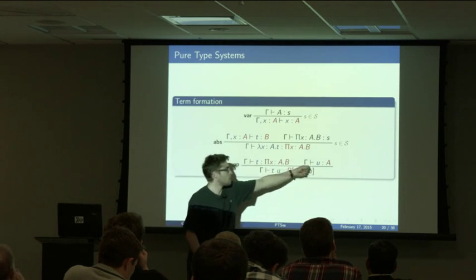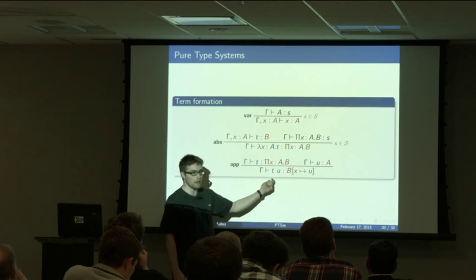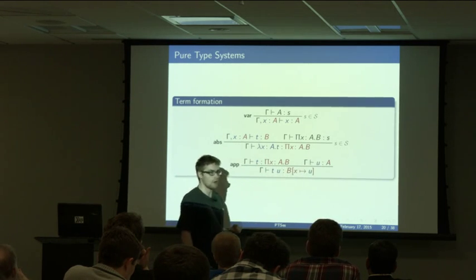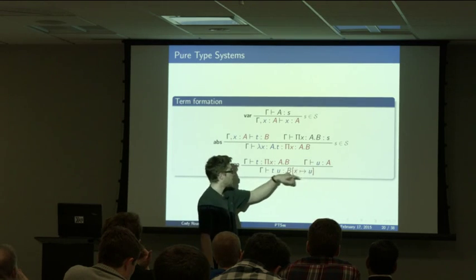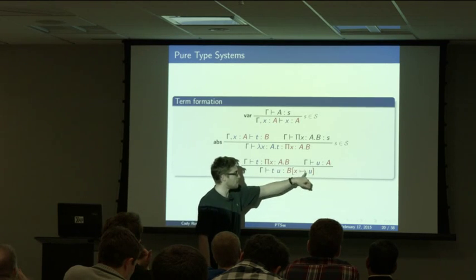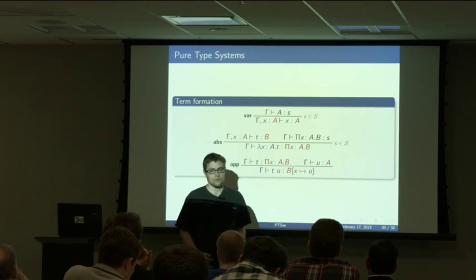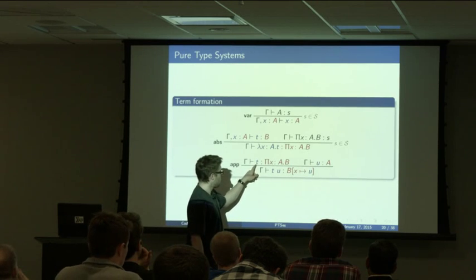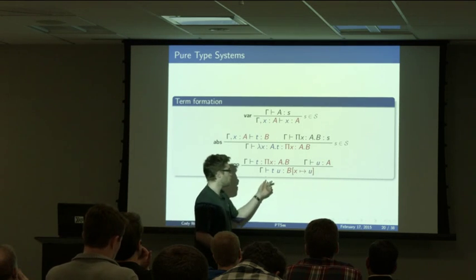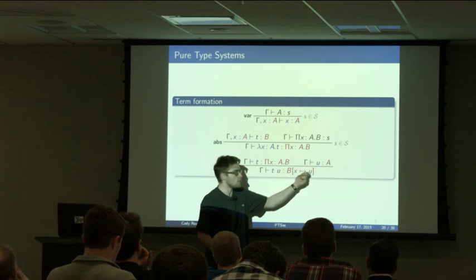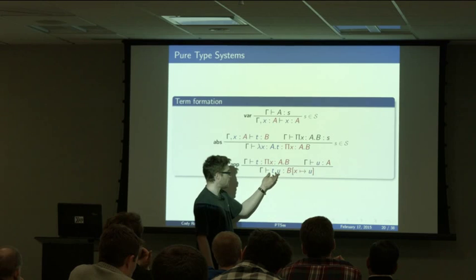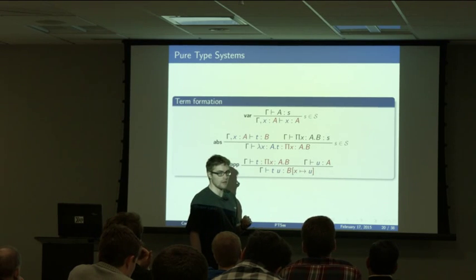And conversely, once you have a program, you need to be able to apply it. The only trick here is that when you apply a program to a certain argument, since the x can appear in B, when you apply t to u, then the x gets instantiated to u. So t takes an a and returns a b of x for any x, and if I apply it to u, then tu is a b of u. So the type is now carrying some information about what application you did.